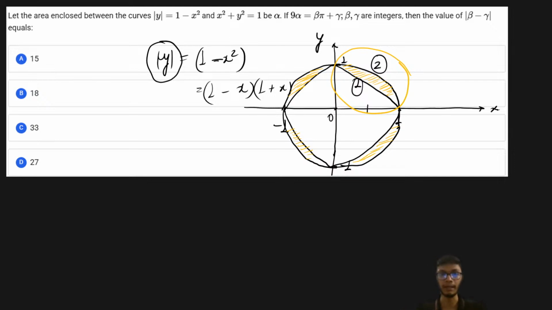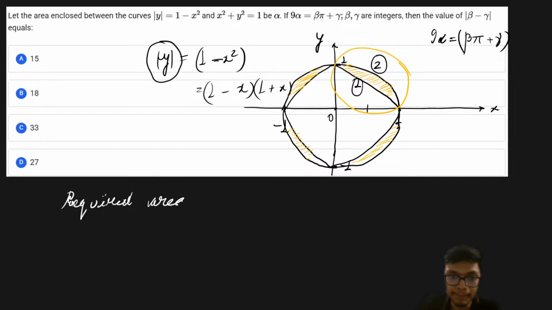That's our motive. It is said that the area enclosed in between these two curves is given by alpha, and then the value of 9 alpha is equal to beta pi plus gamma, where beta and gamma are integer values. So we have to find the difference beta minus gamma. Let us try to find this particular area out. Therefore,